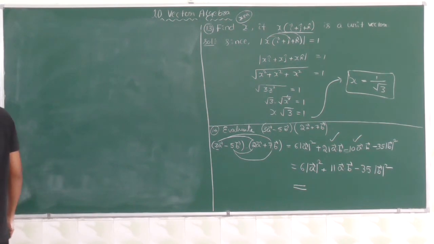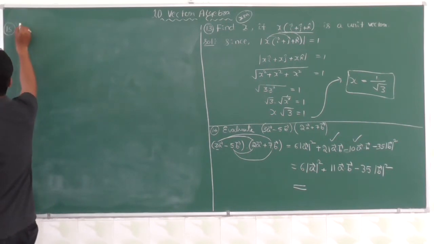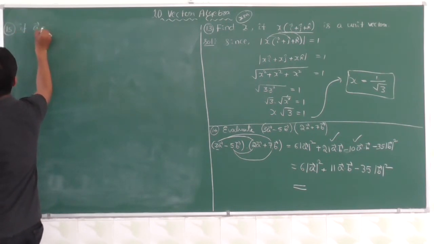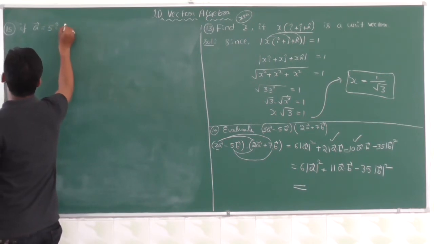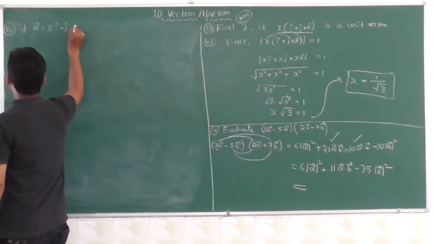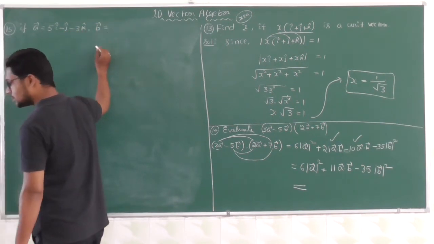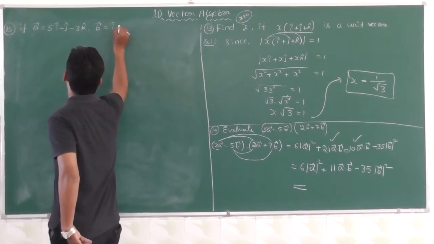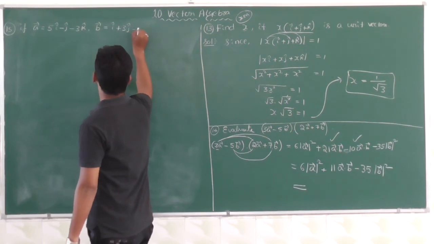Based on this perpendicular condition, we have one problem. That problem is also important for your examination. It is the 15th question. Write down the question. If a vector equals 5i cap minus j cap minus 3k cap, and b vector equals i cap plus 3j cap minus 5k cap,